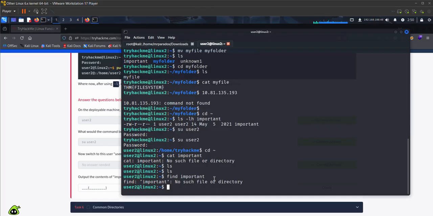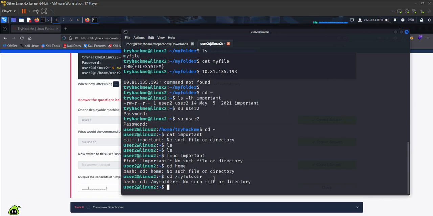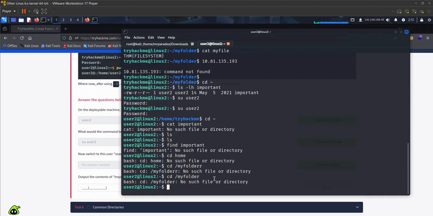Where is the important file? cd home, cd myfolder, sorry, there is a problem, but cd home tryhackme.